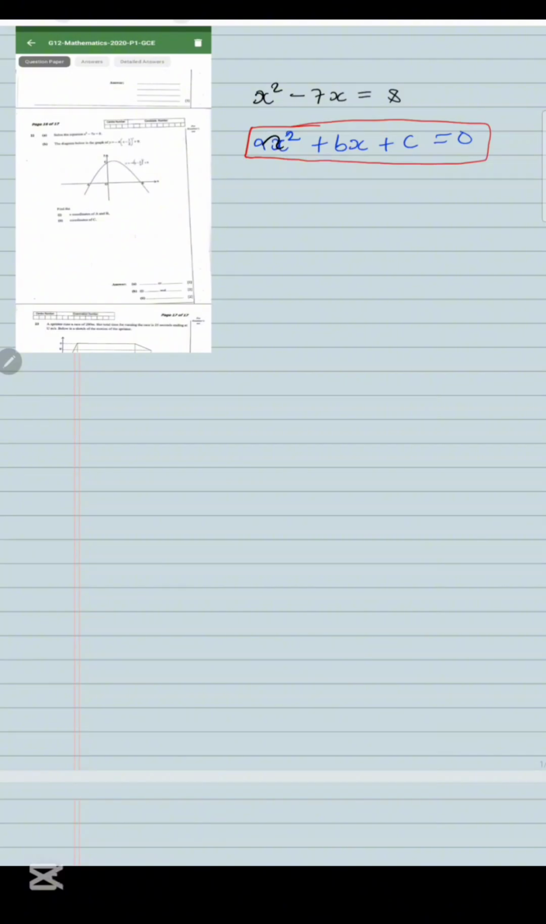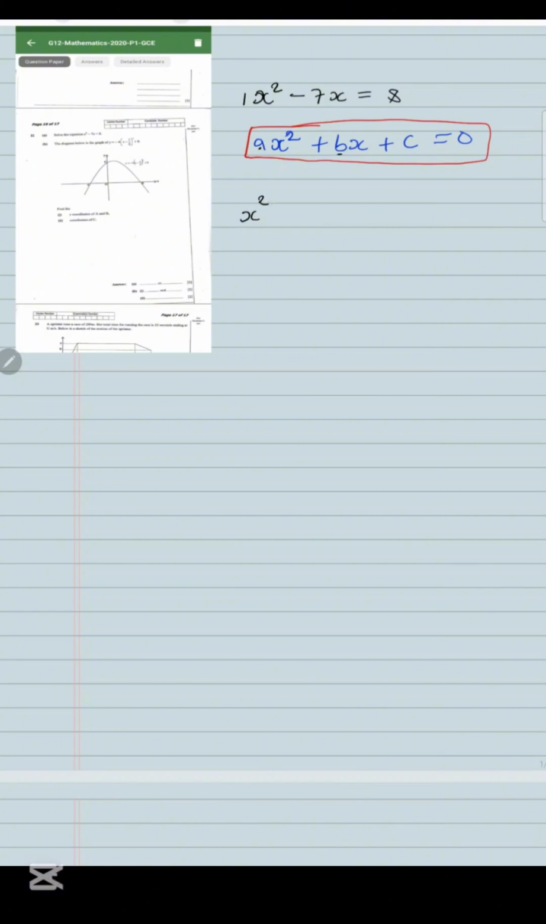So this a, it simply means the coefficient of x squared, which is a silent 1 here. And the b is the coefficient of x, which is 7 here. This is c, which in our equation is the 8. So we need to put the 8 onto our left hand side. So it will be x squared